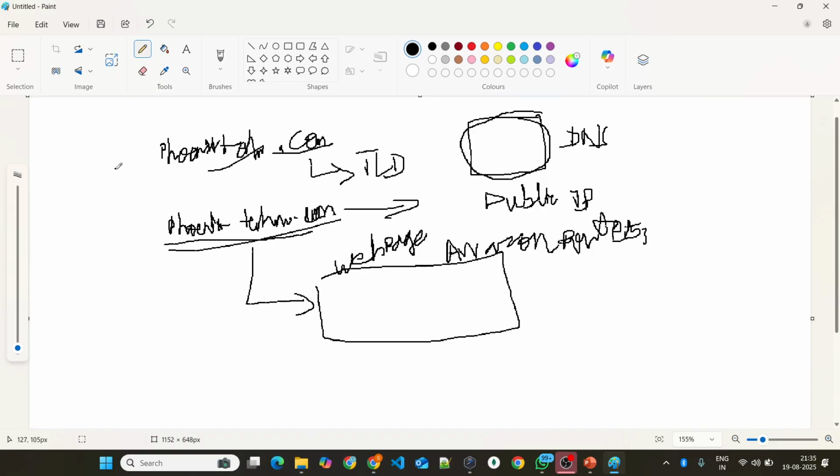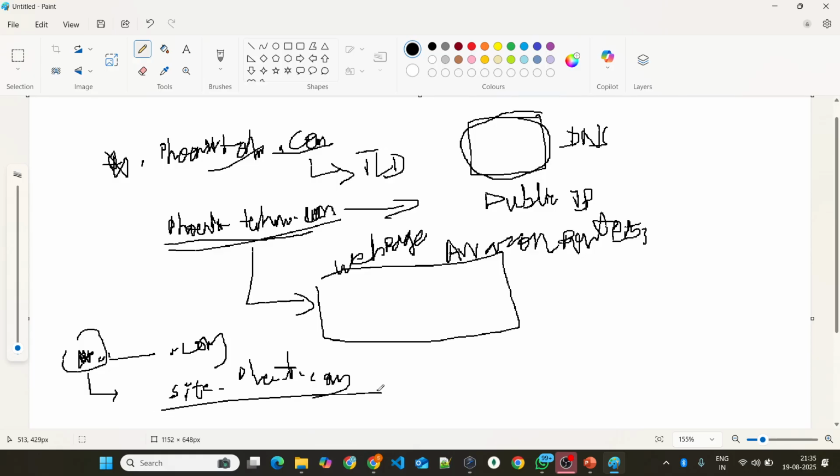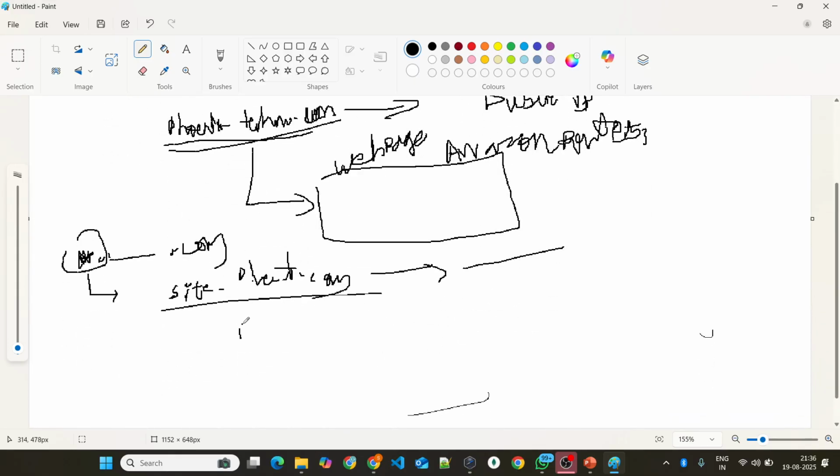Then, inside this, consider whatever domain name I'm going to get. People call it a wildcard domain name because they put a star in front, then a dot, then the domain name Phoenix Techno and then .com. What is the meaning of this star? Here you can give it any name. Consider something like site.phoenixtechno.com. My writing is bad, please ignore that. Site.phoenixtechno.com points to one public IP address,